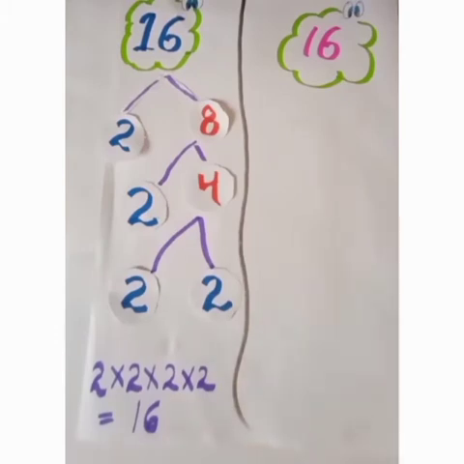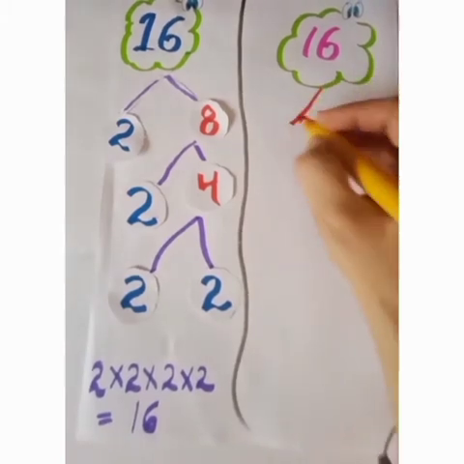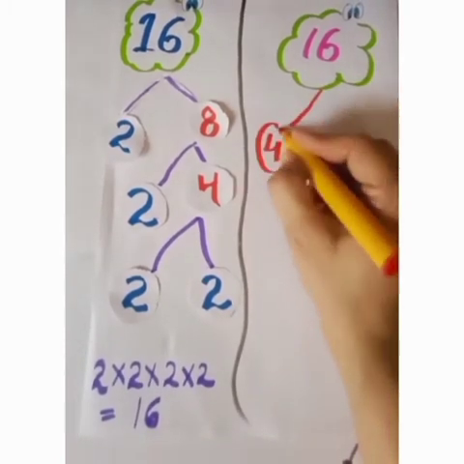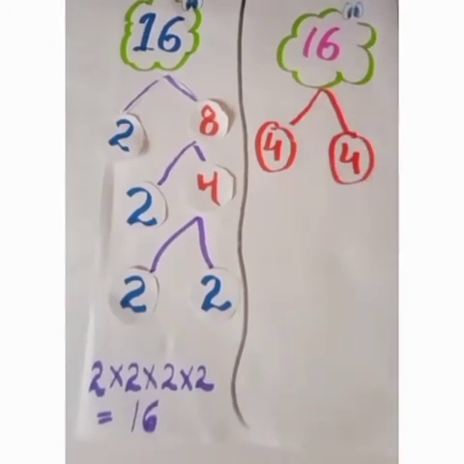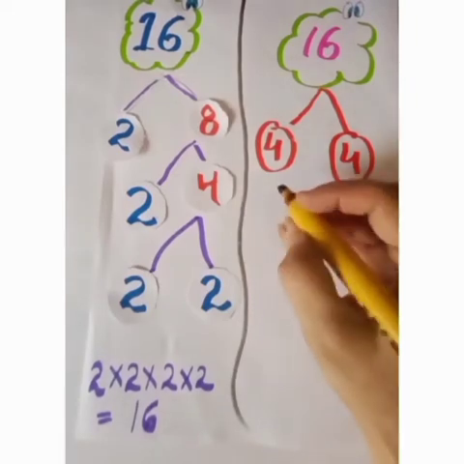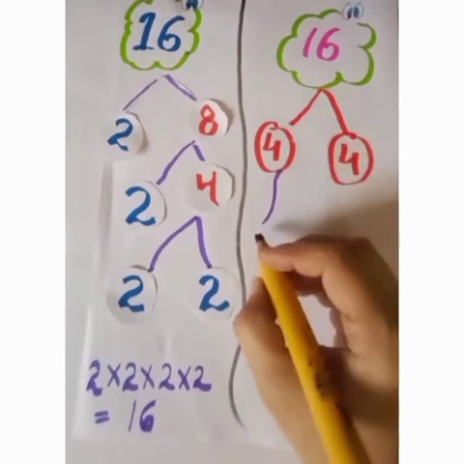Now you will say, ma'am, we can do one more thing. Instead of taking 2 and 8, we can further divide 16 into two parts, 4 and 4. Both we have got as composite numbers. Now these two composite numbers we can further split into prime numbers. How did we get the 4? By multiplying 2 twos are 4.